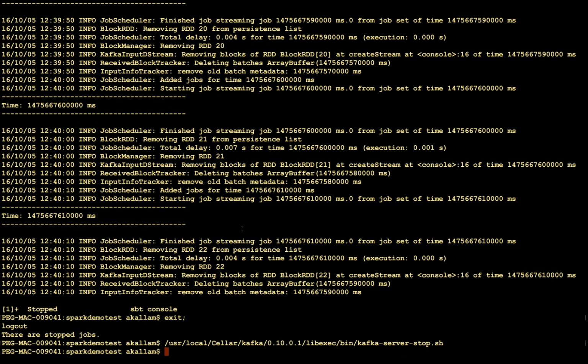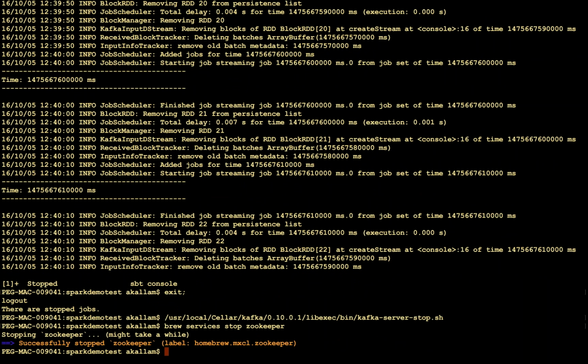Okay, and I also need to stop my Brew Zookeeper service. Brew service Zookeeper stop, or it's Brew services, not service. Sorry for that. Brew services stop Zookeeper. Fair enough. It stopped successfully, and now I also need to stop my Apache Spark, which is